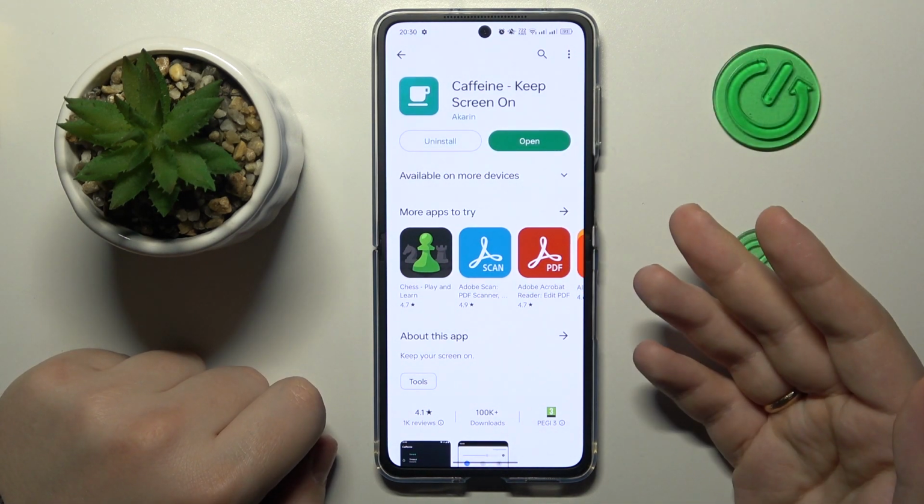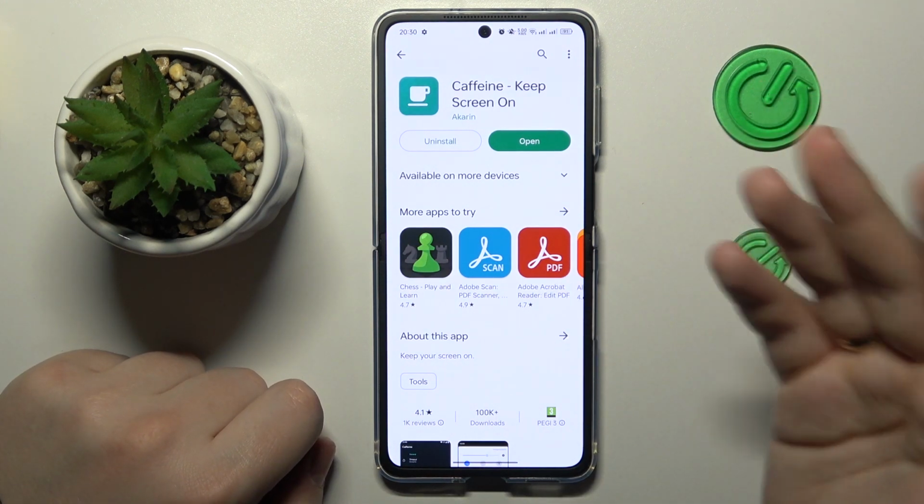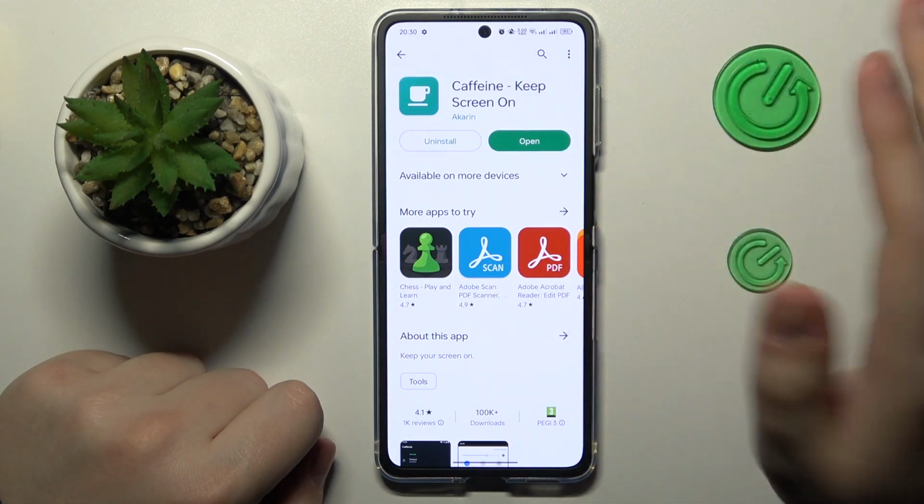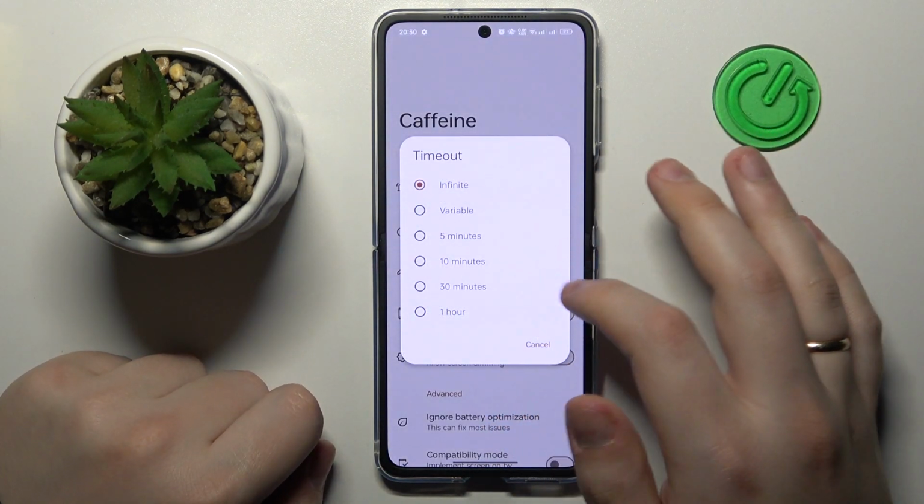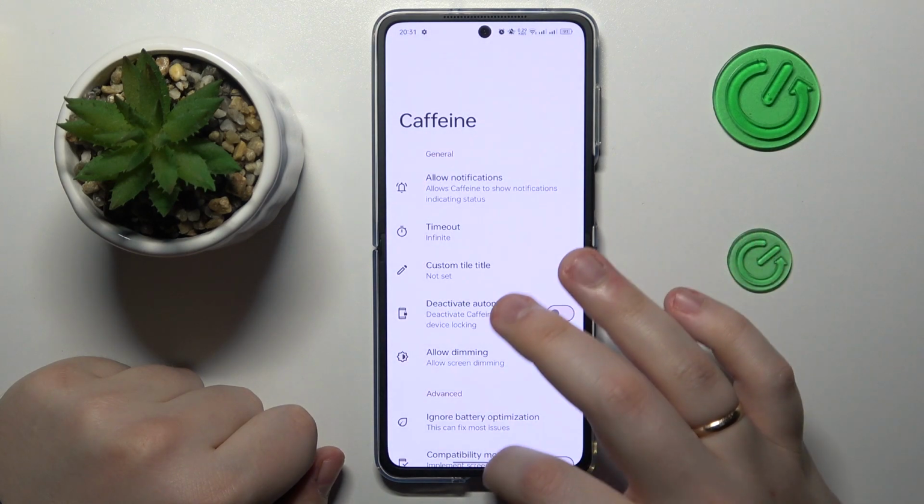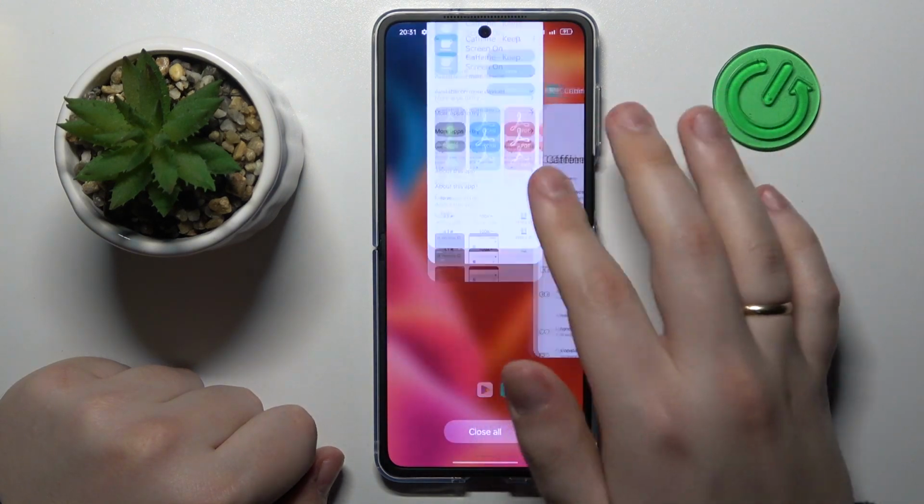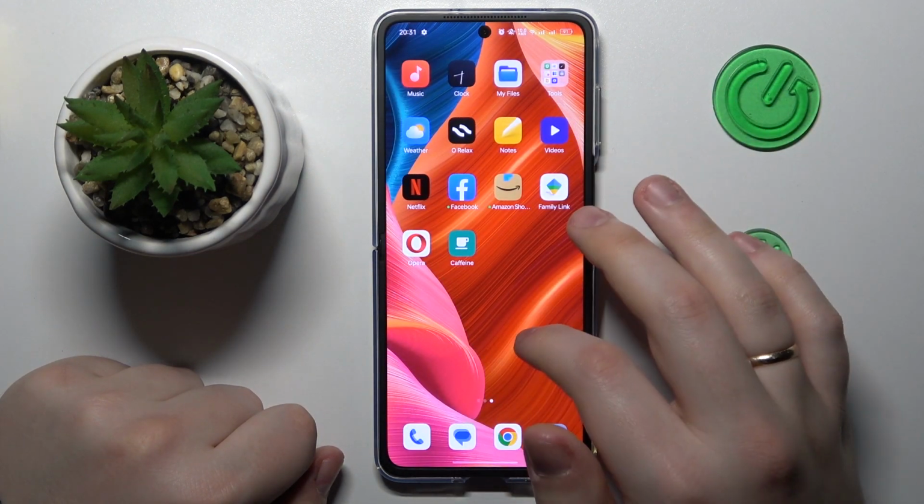So it is already ready to be booted up or launched and used. So basically, open the app. Make sure that the timeout section has been set to the infinite value, and as long as you do not close the Caffeine app, your screen will not go to sleep